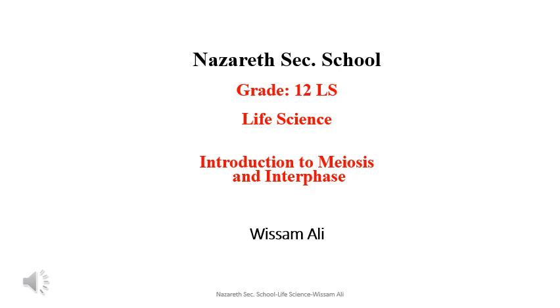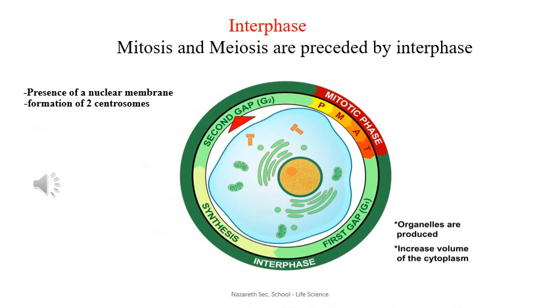Introduction to Meiosis and Interphase. We have two types of divisions: mitosis for somatic and sexual cells, and meiosis for sexual cells. Both divisions are preceded by interphase. The importance of the interphase is to change